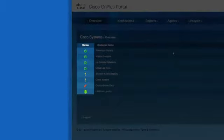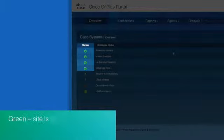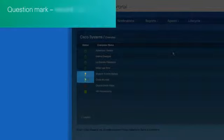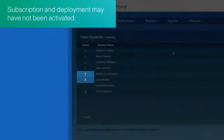The status column provides a quick snapshot of the status of each site. Green means the site is up and running. You can connect to the OnPlus ON100 appliance at the site, and it is sending network information back. A question mark means that a record has been created for the site, but the subscription and deployment have not